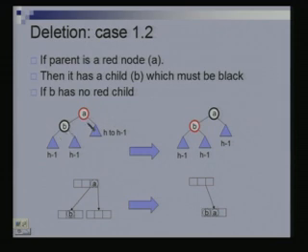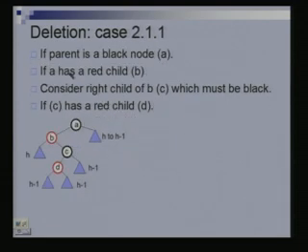So, now we go to the next set of cases when this parent is a black, right. So, parent is a black node. If parent is a black node, then this could be a red or could be a black. So, I am first considering the case that it has a red child B. If this is red, then this has to be black, and if this is black, then this may be red, may not be red. So, the two assumptions I am making are that this is red first, and that this is red.